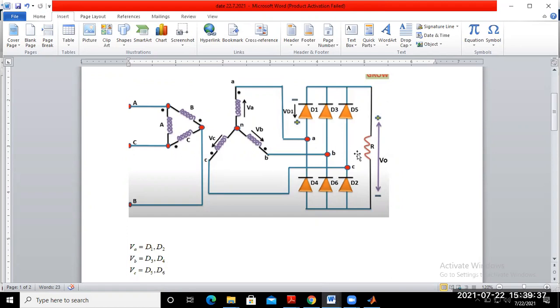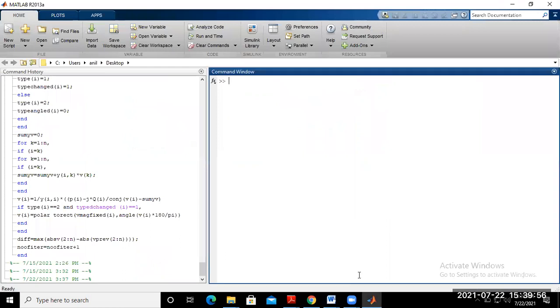What are the components required for the circuit? One is your 3-phase source, another is 6 diodes, and 1 resistor. Is it not? So keep these components in your mind. We are just going to simulate this circuit in MATLAB.